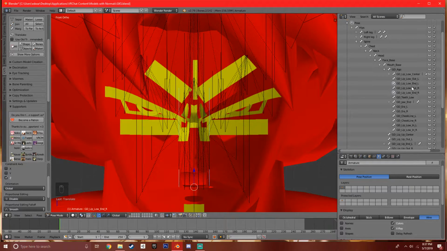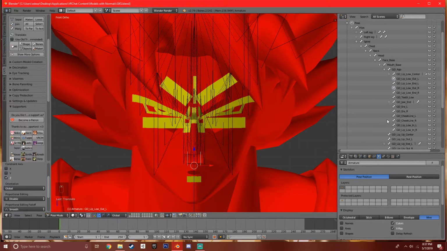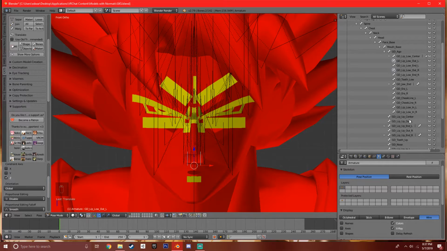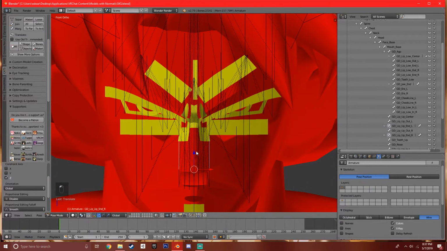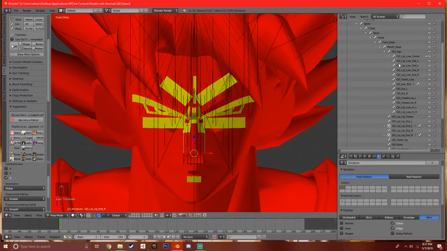And then you want to do the same thing with the outs here in the low bones. Going to move that up. Alright, there we go. And then if you go down, it says lip up and the lip up bones. So basically you want to select the lip up L and lip up R and bring them down. And then once you do that, if you want to move one side farther,